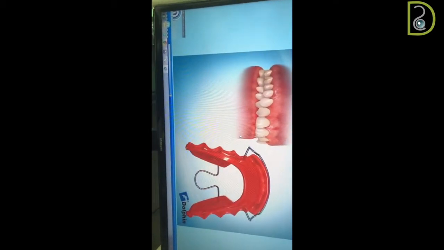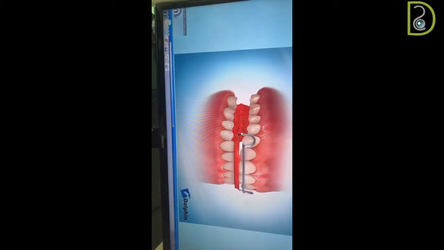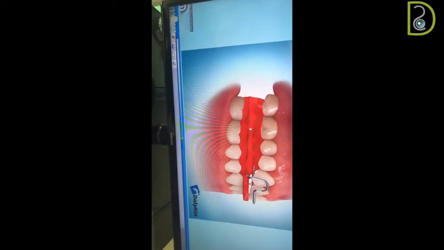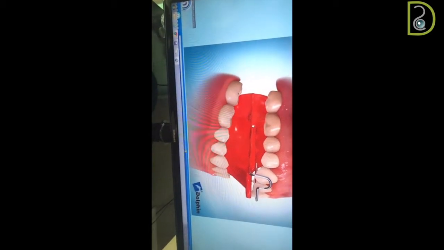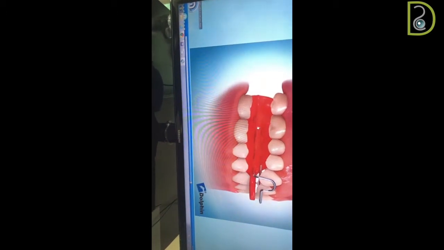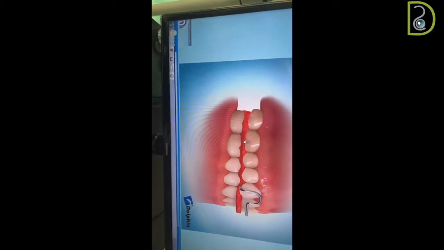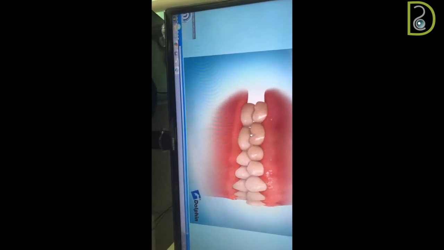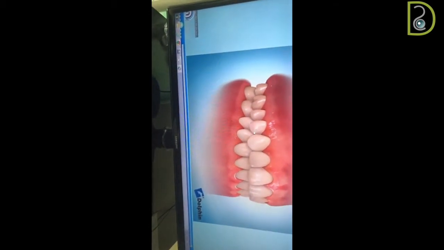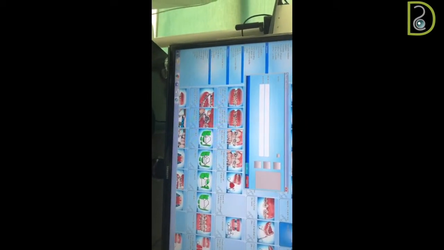I give them the appliance. After some time, they come back. It is either broken, they misplaced it, they don't know where it is, they lost it, or they don't use it. They forget to put it on because they take it out at mealtime or at brushing time, and they don't put it back on. But it is there, and there are different